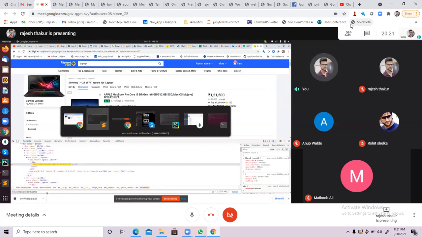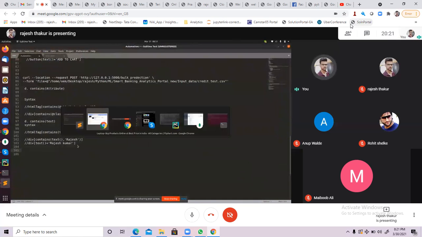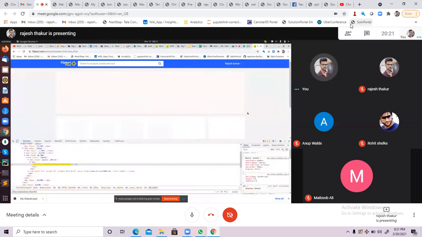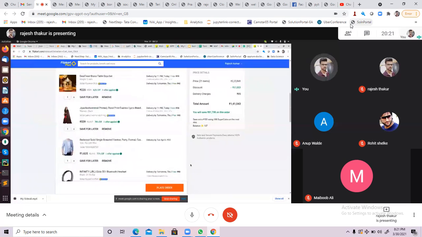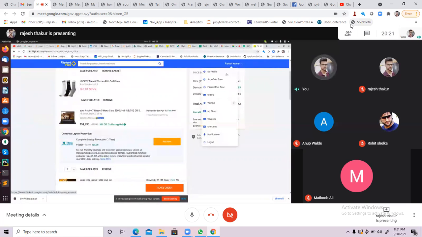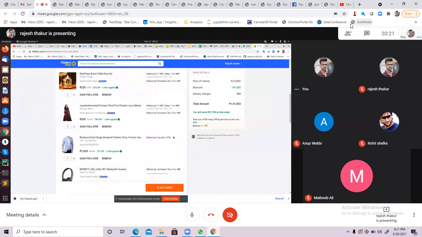Now the things are not that easy. Sometimes, let's suppose I give you a problem statement. If I open my cart, there are many things in my cart. But if I log in with your phone, with your credentials, then this cart size might be smaller or bigger compared to mine. Am I correct? Yes or no?